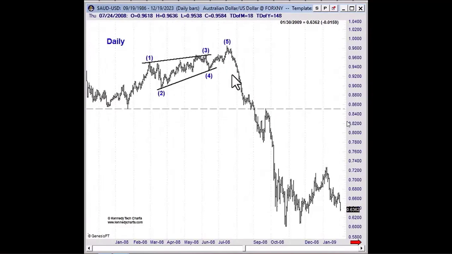So this is why the ending diagonal is such an exciting pattern. Now, not always, don't misunderstand me, but this is how we resolved to the downside in the Aussie dollar back in '08. This is not how all ending diagonals terminate, but it's a possibility. Again, this is part of the reason why the pattern is so exciting, because once it's complete, it gives way